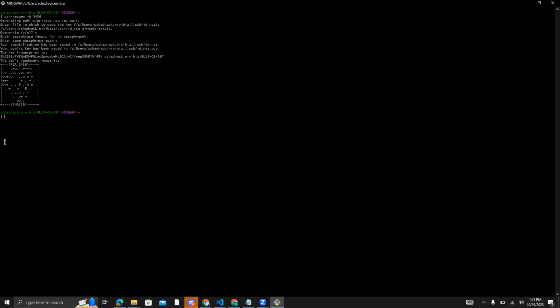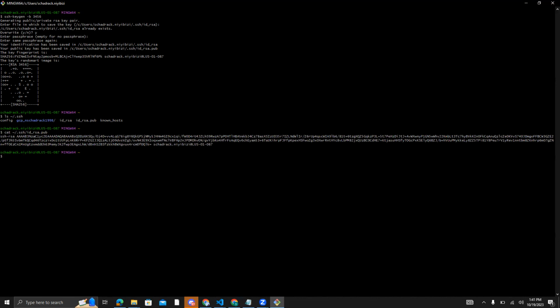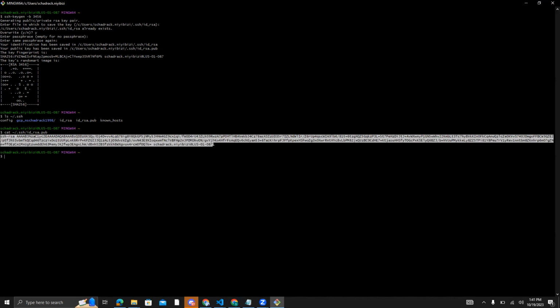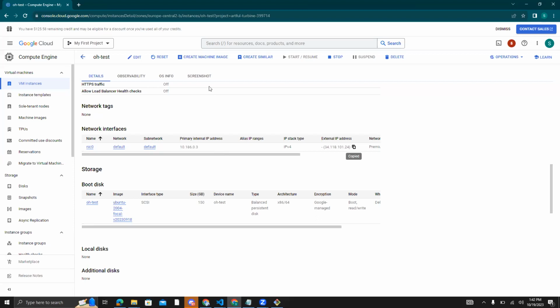So how we can do it, just navigate to the SSH directory by using tilde slash .ssh. You can see that you have id_rsa and id_rsa.pub. So let's cat this one, id_rsa.pub. This is the content for this pub. So what you need to do, copy this pub, everything here, copy it, then go to your GCP,